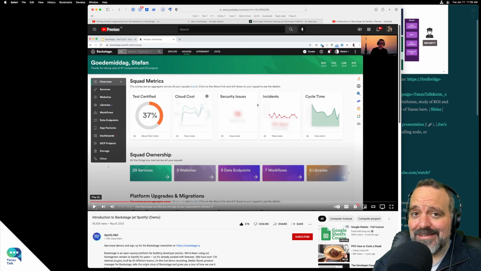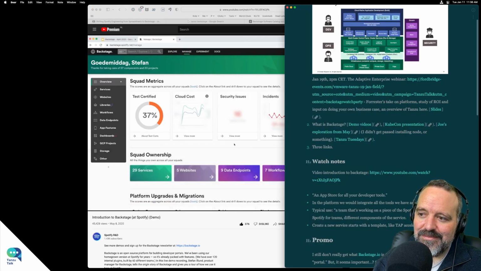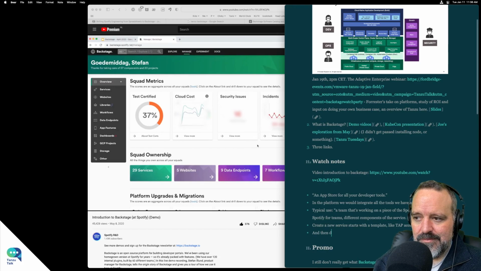And I'm guessing you can create all sorts of plugins to automate this collection of stuff. Like a specific security system that security needs to go through, or security needs to hunt down people to take care of their issues. What they do instead is build a plugin into Backstage. And that plugin means that engineers don't have to go around finding this information. It's all integrated into Backstage in one place.